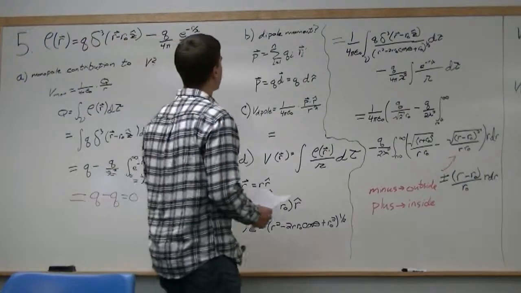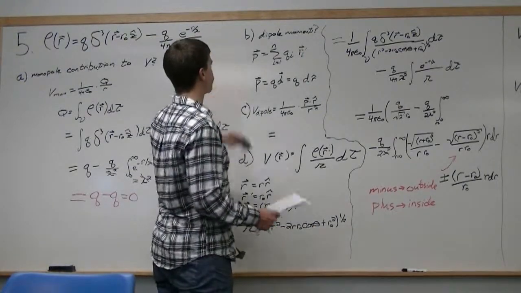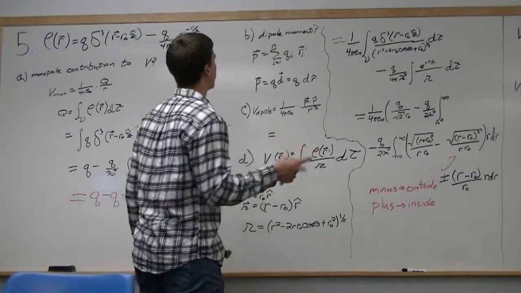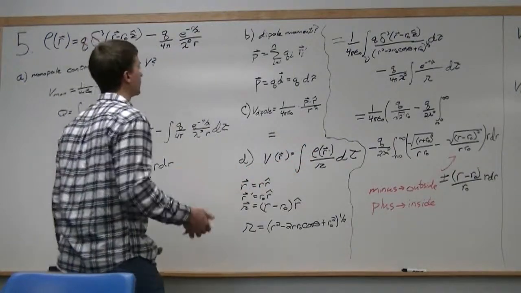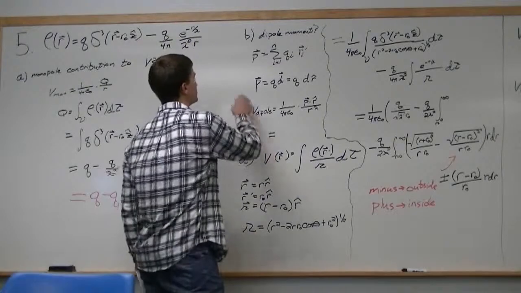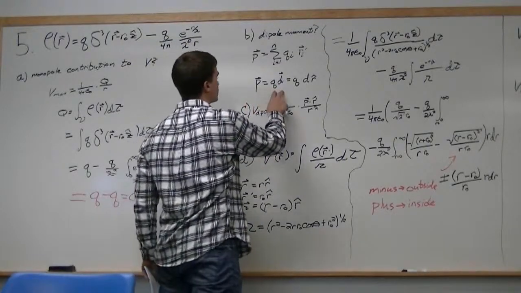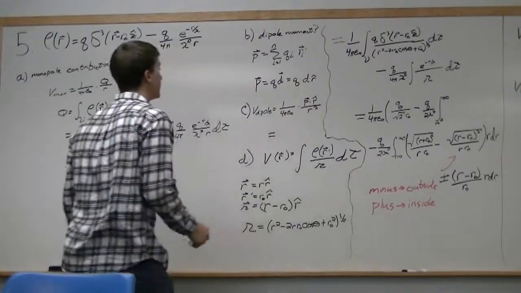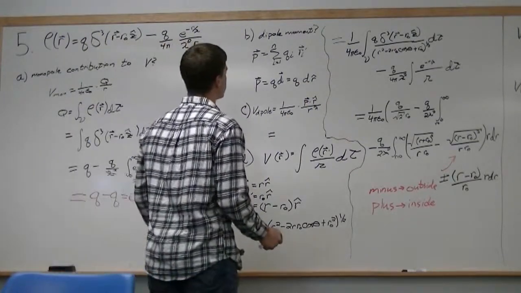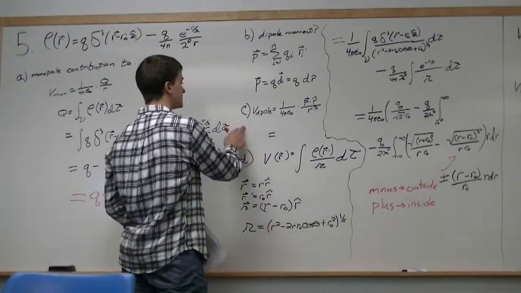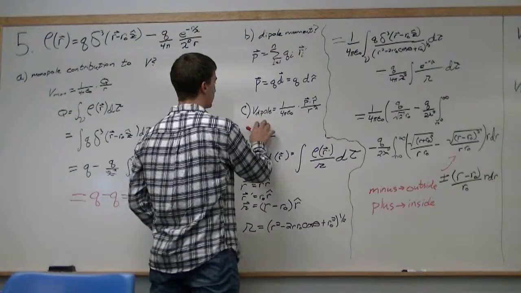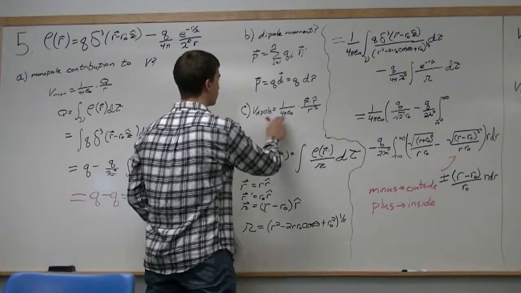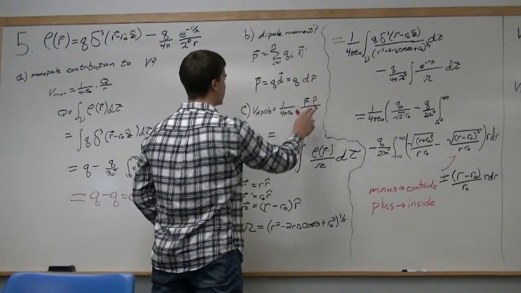Part B says calculate the dipole moment. Alright, well, since it's once again just a positive particle and a negative particle, the dipole moment is just that of a dipole, which is just q times d, where d is the distance between them, and it'll be in the r hat direction. Part C wants to know the potential of the dipole, so plugging in this to this